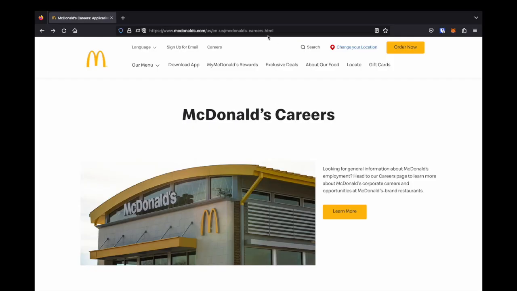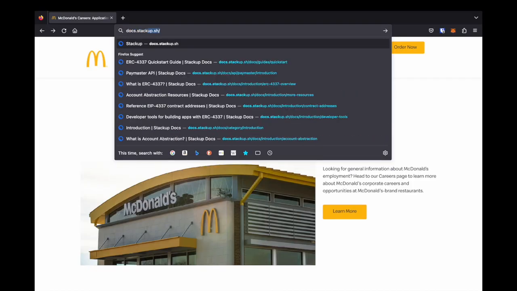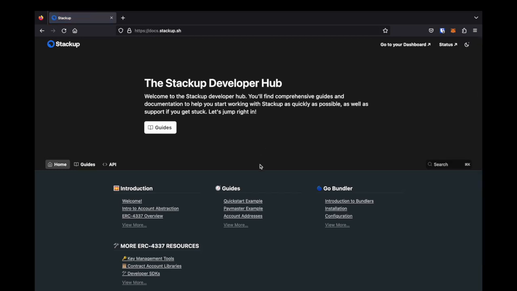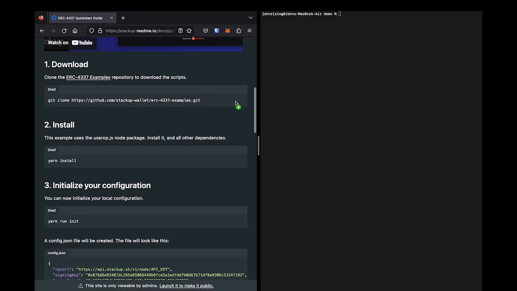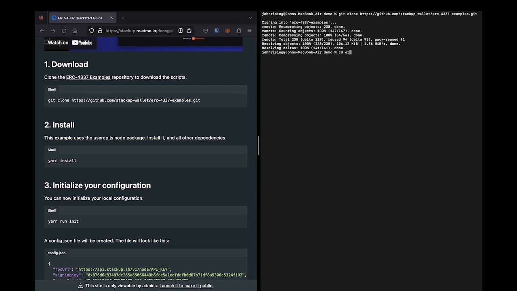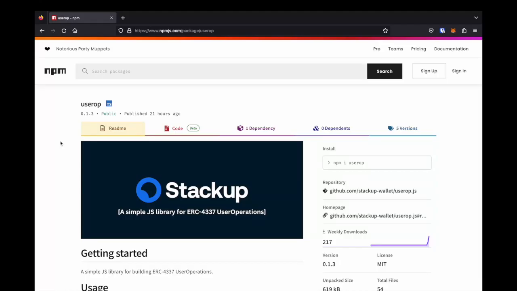First, go to the Stackup documentation at docs.stackup.sh and enter the Quick Start Guide. Clone the examples repository to your computer, enter the newly created ERC-4337 examples directory, and install the dependencies with yarn install. This installs a node package called userop.js and a bunch of other scripts, which helps you build user operations